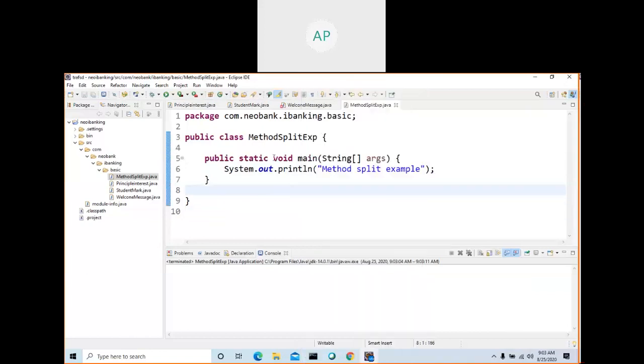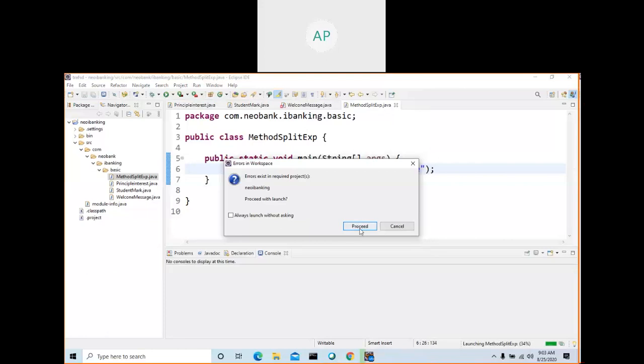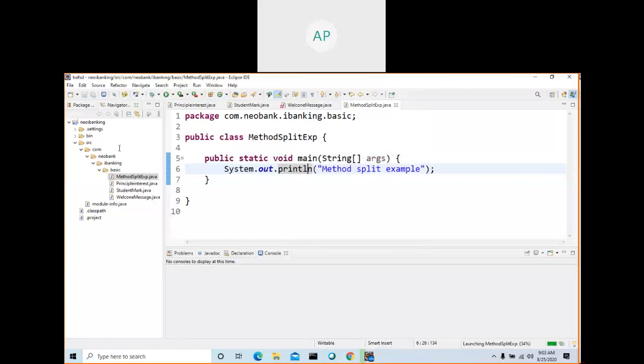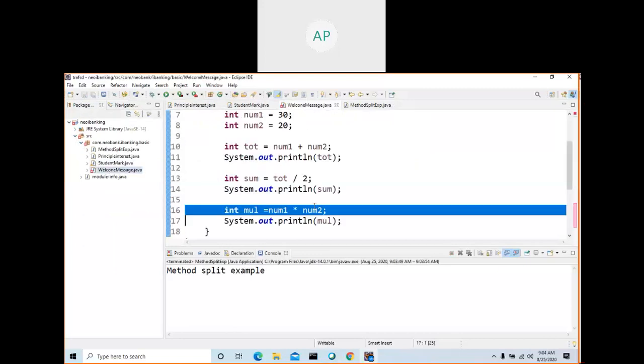Right click mouse, run as Java application. Only when you have a method called public static void main string args, only when this method is there, can you run a program with run as Java application. Otherwise, you won't get Java application. You will get only this option. See here, there is an error in our project launch. What is the error?